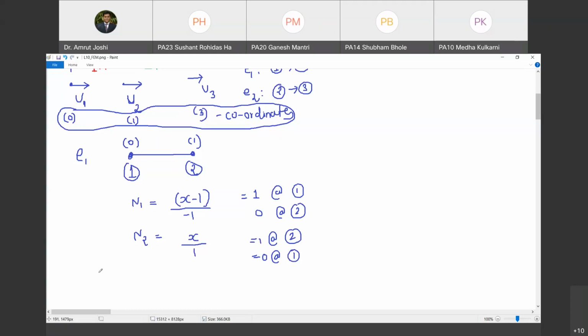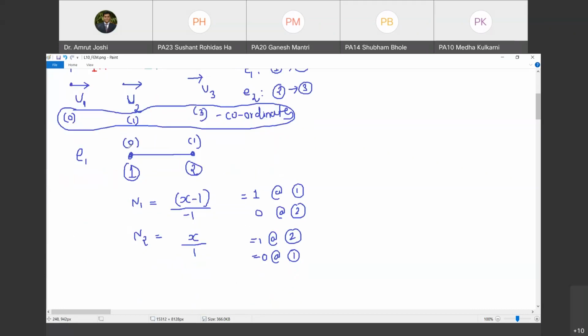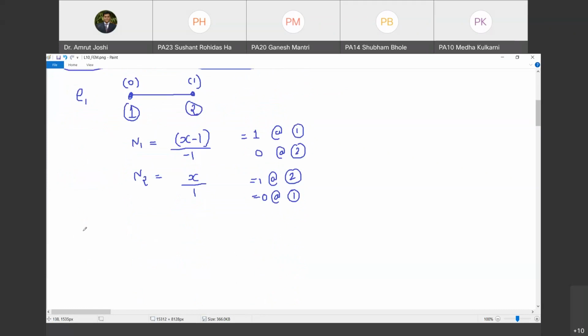Now, how do we write down, let us say this is the point under consideration, whose x coordinate is x, and I want to write down the x directional deformation of this point. So how do I write within the element? So u of x, but this is only applicable for the first element. So I am going to mention that u of x in first element. Are you with me?